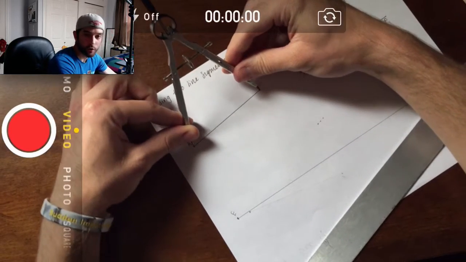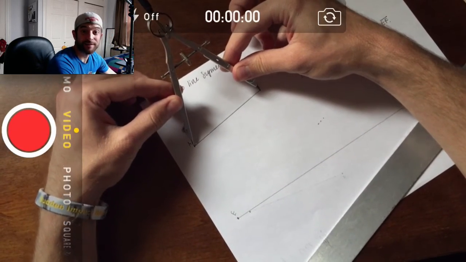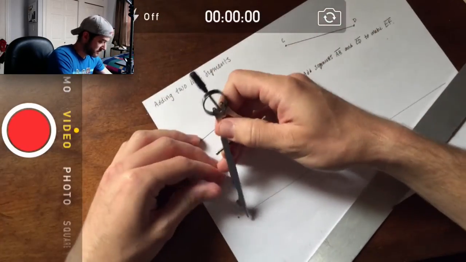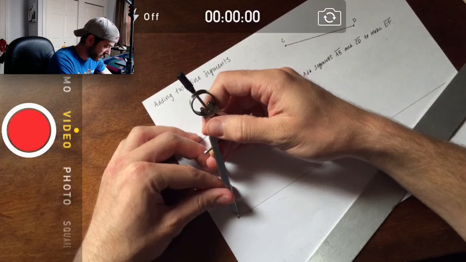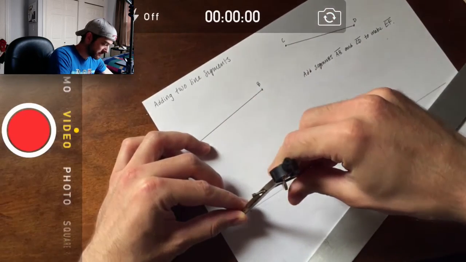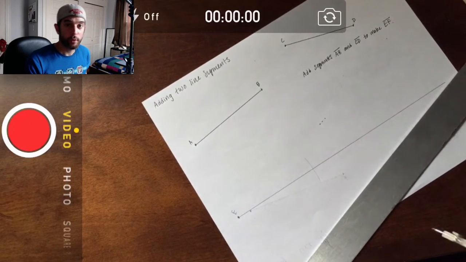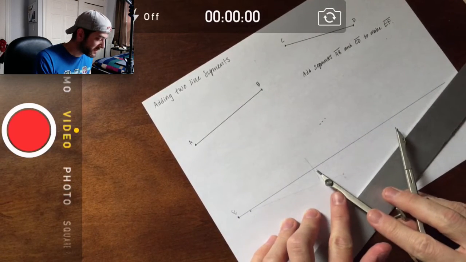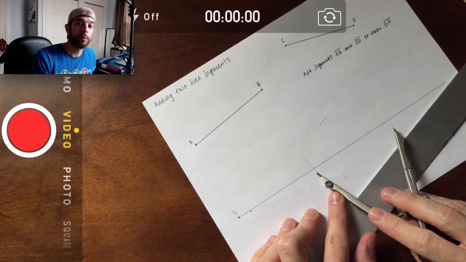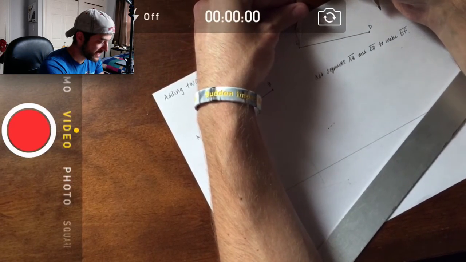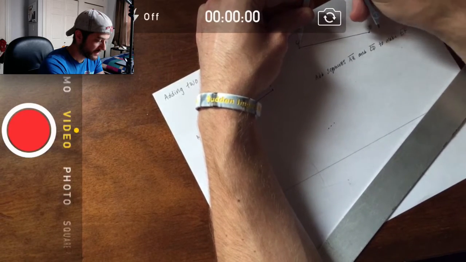So again, I'm going to open up my compass the length of AB, and then with my point, without changing the distance, I'm going to put my point on E and sweep that arc. I'm not going to put a point there though, but that's where B ends, and that's where my point for C is going to go. Because now on the end of that, I'm going to copy